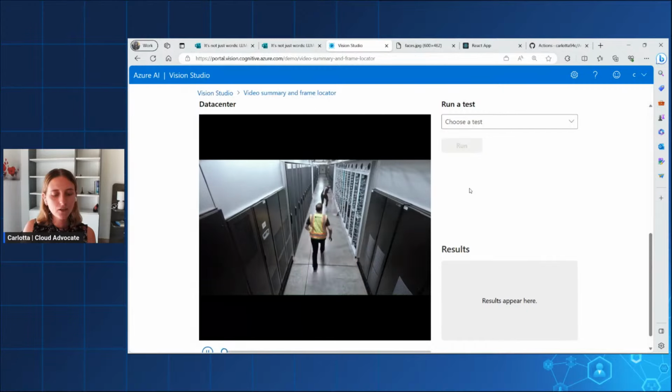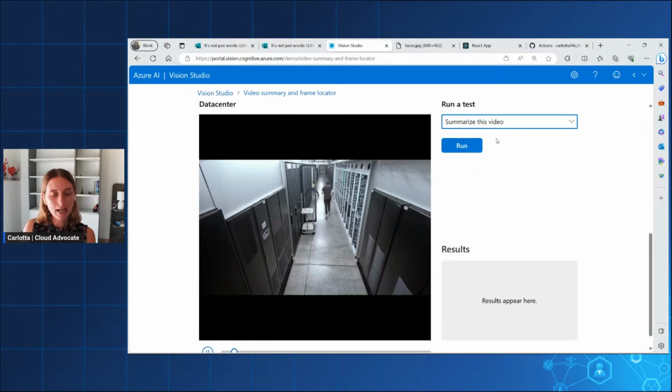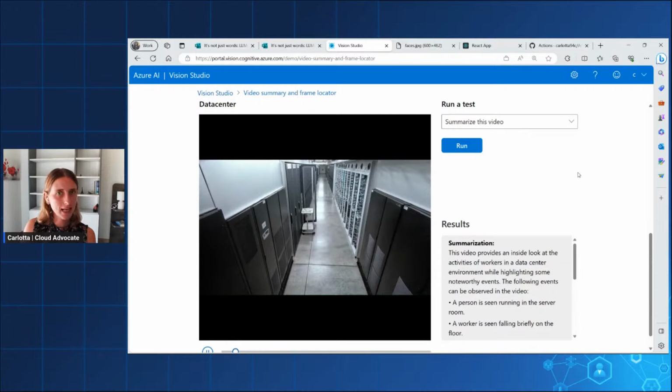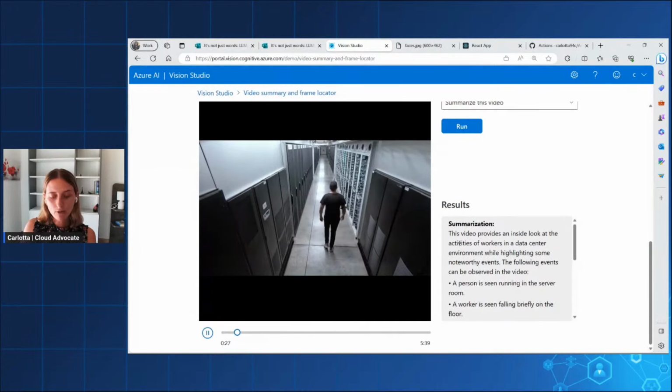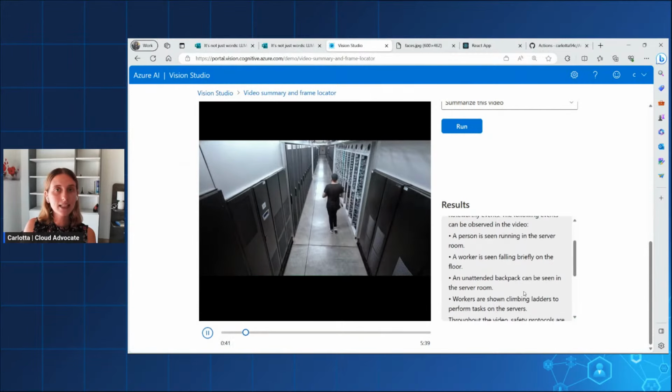As you can see, this is a video recorded probably from a security webcam in a data center room. What we can do with this input video is, for example, ask the pre-built model to summarize this video. So let's run this test. And the summarization output lets us know that this video provides an inside look at the activities of workers in a data center environment, while highlighting some noteworthy events. And then you have the list of events here that happened during the video,